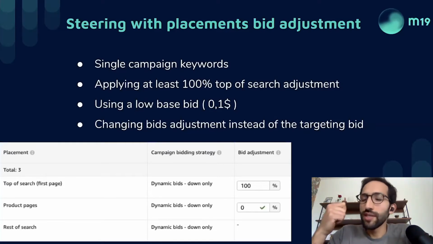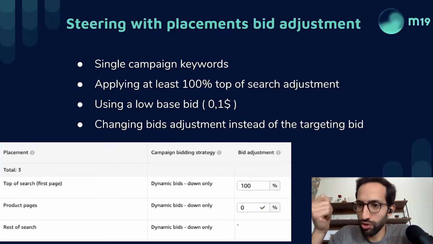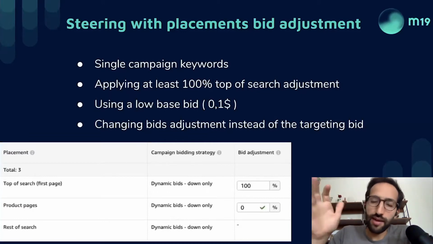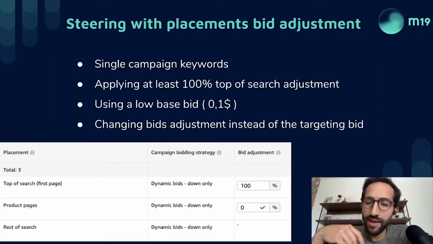Then you will need to apply at least 100% adjustment for top of search. It will also apply to product targeting. I will explain it later. Then you need to use a low base bid. In the targeting, when you specify the keyword you are working on, you need to have something low, at 10 cents.